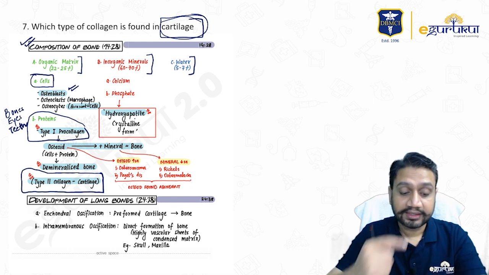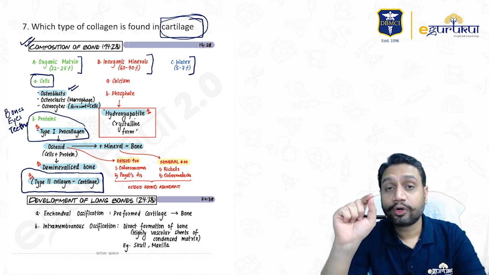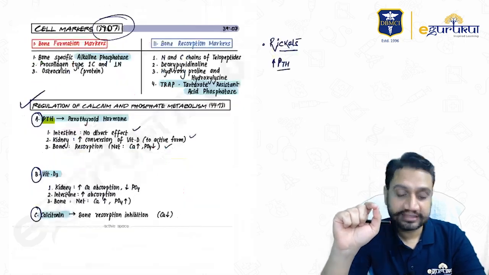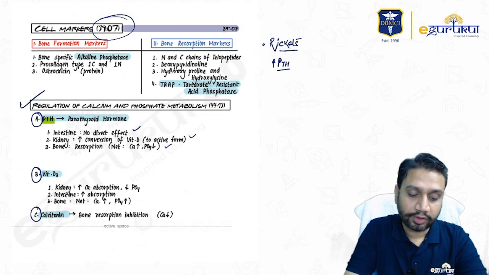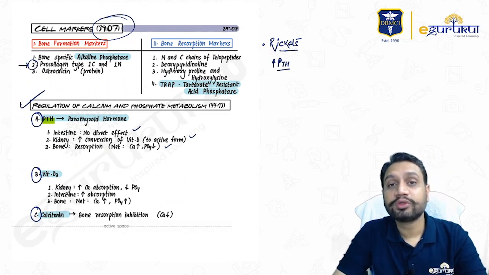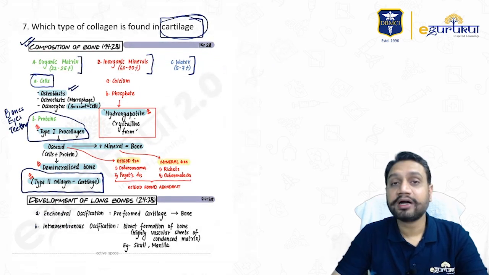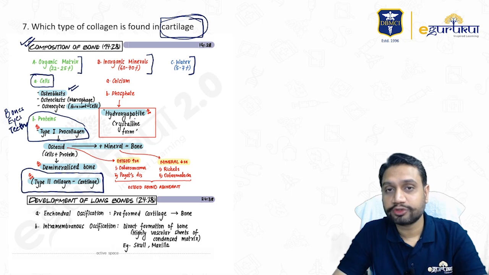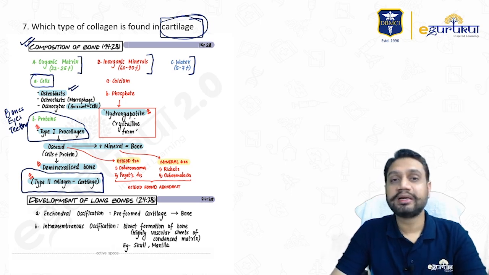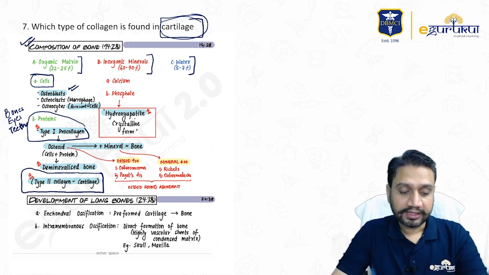And that is why osteoblastic activity can be easily assessed by the collagen also. If there is an increase in type 1 collagen, we know that the blasts are doing more activity. Okay, so again, a part of your e-Gurukul notes, your classroom teaching, and the normal discussion that we had. Okay, let's move on to the next one.